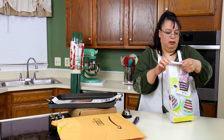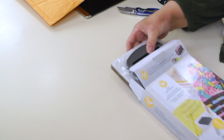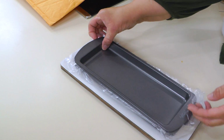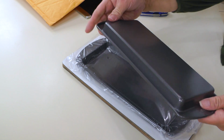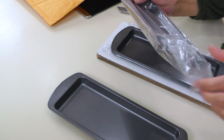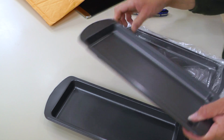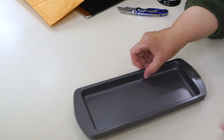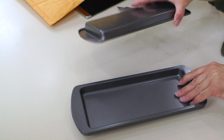I have a couple other things coming, but they're not coming until later. So, these are pretty neat. So here's the 1 layer, and they're really thin. That's for sure. You get 4 of these. And they have a little non-stick on them? Yeah, they have a little non-stick. So it makes a bar cake, and then when you unmold them, you stack them up like this, and it's like